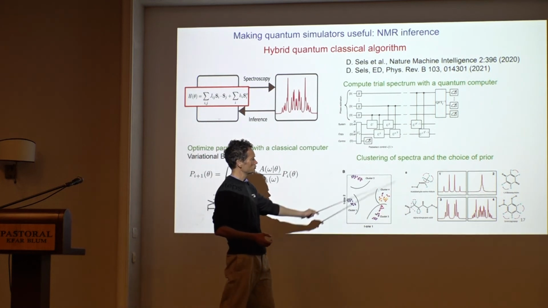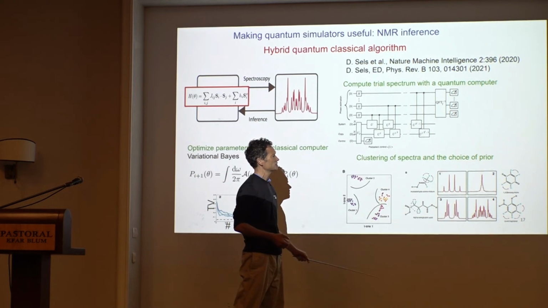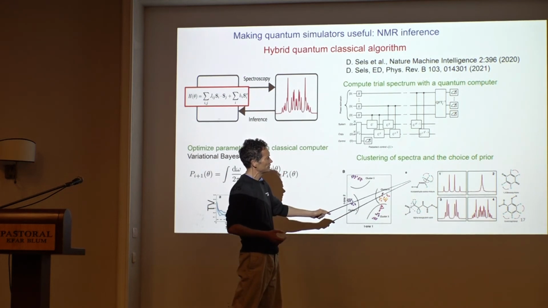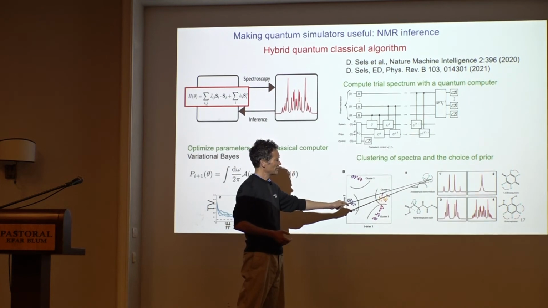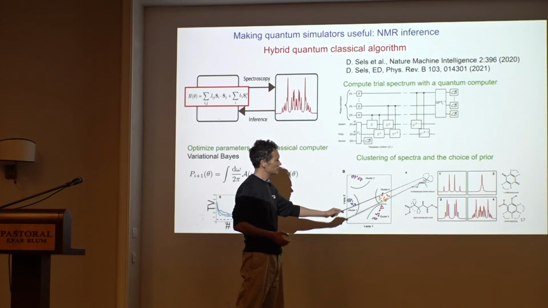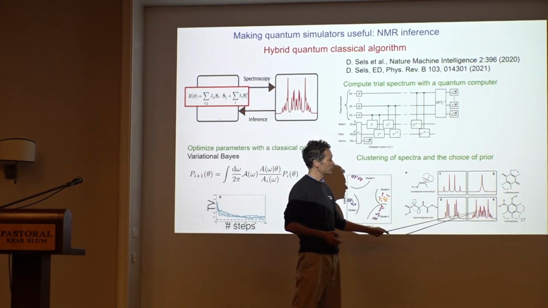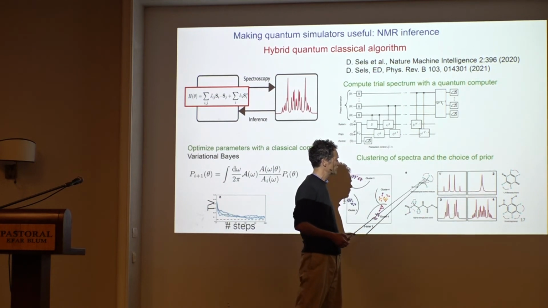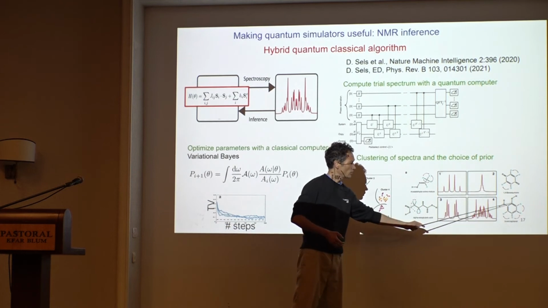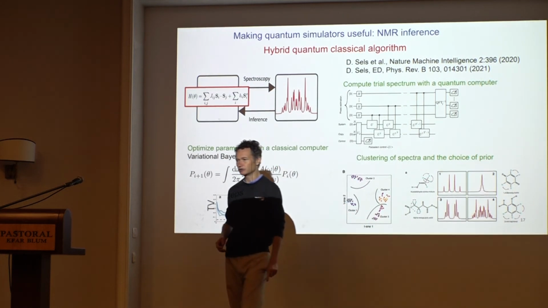If you look at molecules which are really relevant, and you look at the spectra, they make clusters. And these clusters actually reflect chemical composition. Say, spectra like this, which have a lot of degeneracies, come from molecules that have a methyl group, so we have identical hydrogens. Or spectra that look the most like chains that physicists are used to. This is an example of phosphine molecules. All of these molecules have this benzene ring.